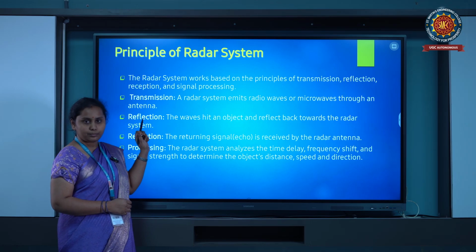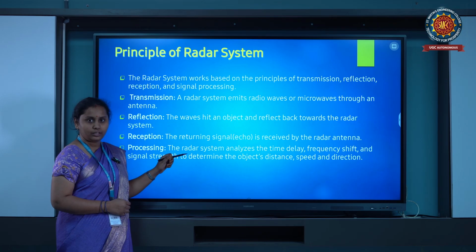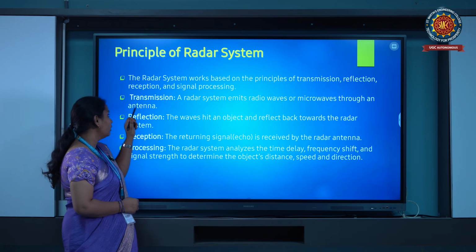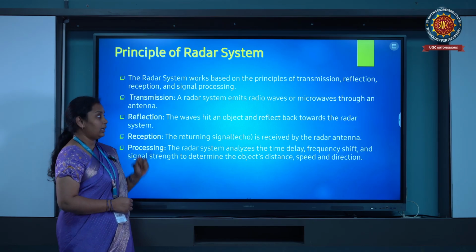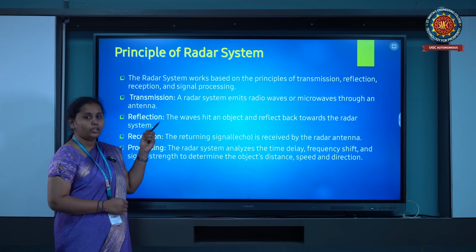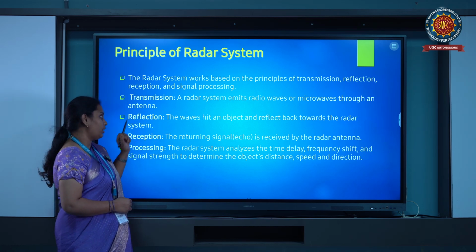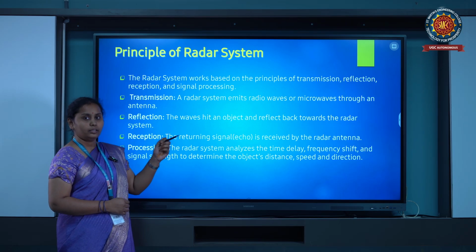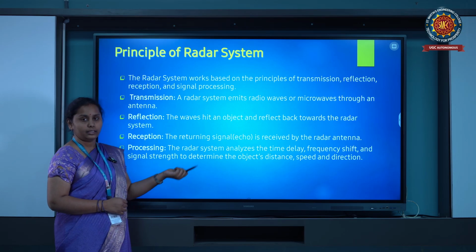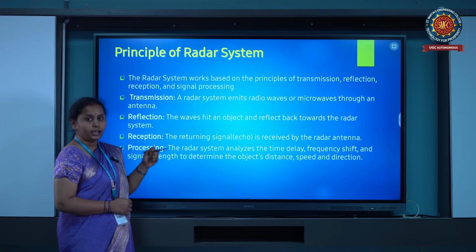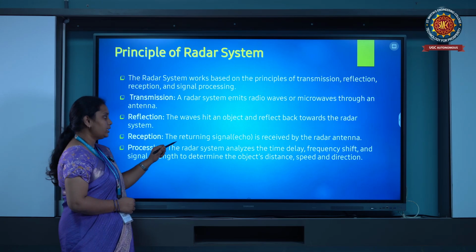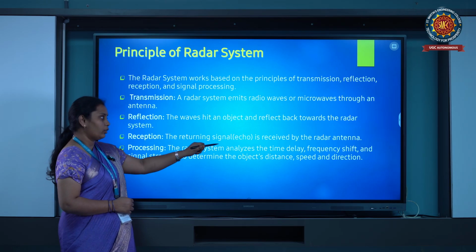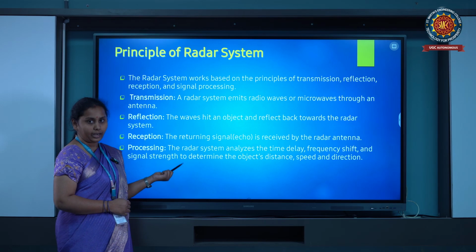There are 4 principles in radar system. One is transmission, the other is reflection, reception and signal processing. In the transmission, the radar system emits radio waves through an antenna, and in reflection, if the transmitted radio waves hit an object, then they will create an echo signal, like they will send back the echo signal, and that echo signal can be received by the receiving antenna in reception.